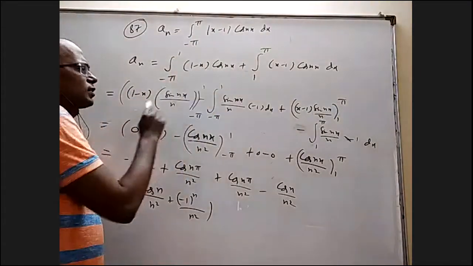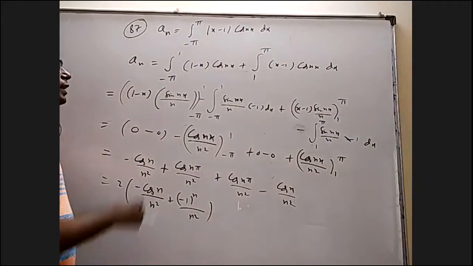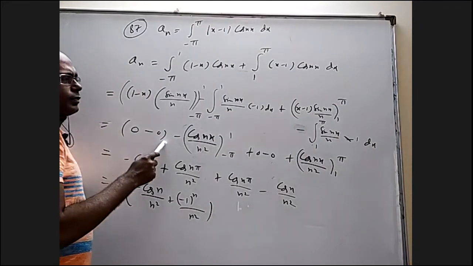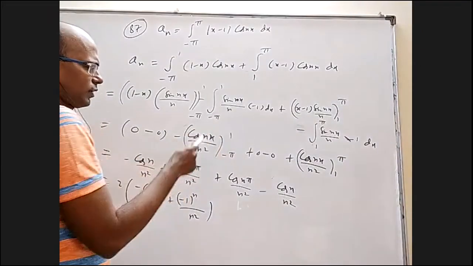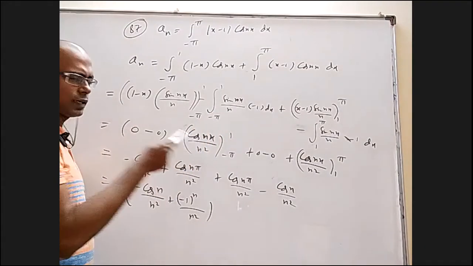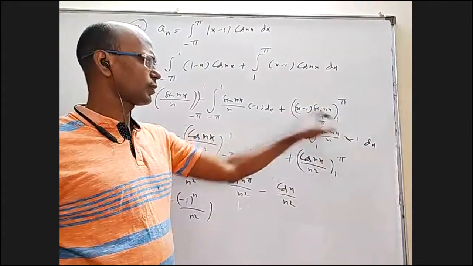We applied integration by parts here. And then here when I put 1, this is 0. When I put minus pi, this is 0. So there is 1. And here once again, if I integrate sin nx, the integral is minus cos nx by n, with an extra n square, with limits. This also when I put pi, this is 0. When I put 1, this is 0.